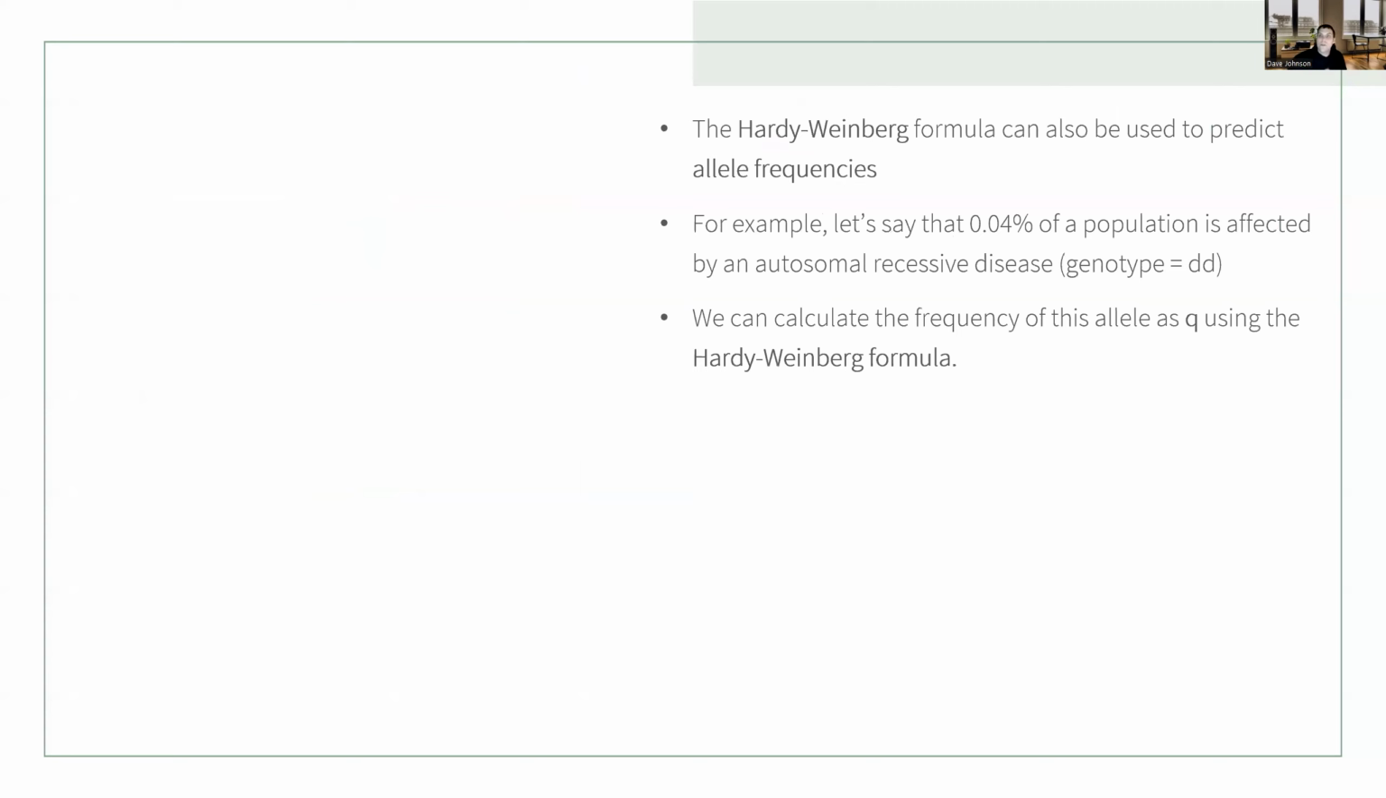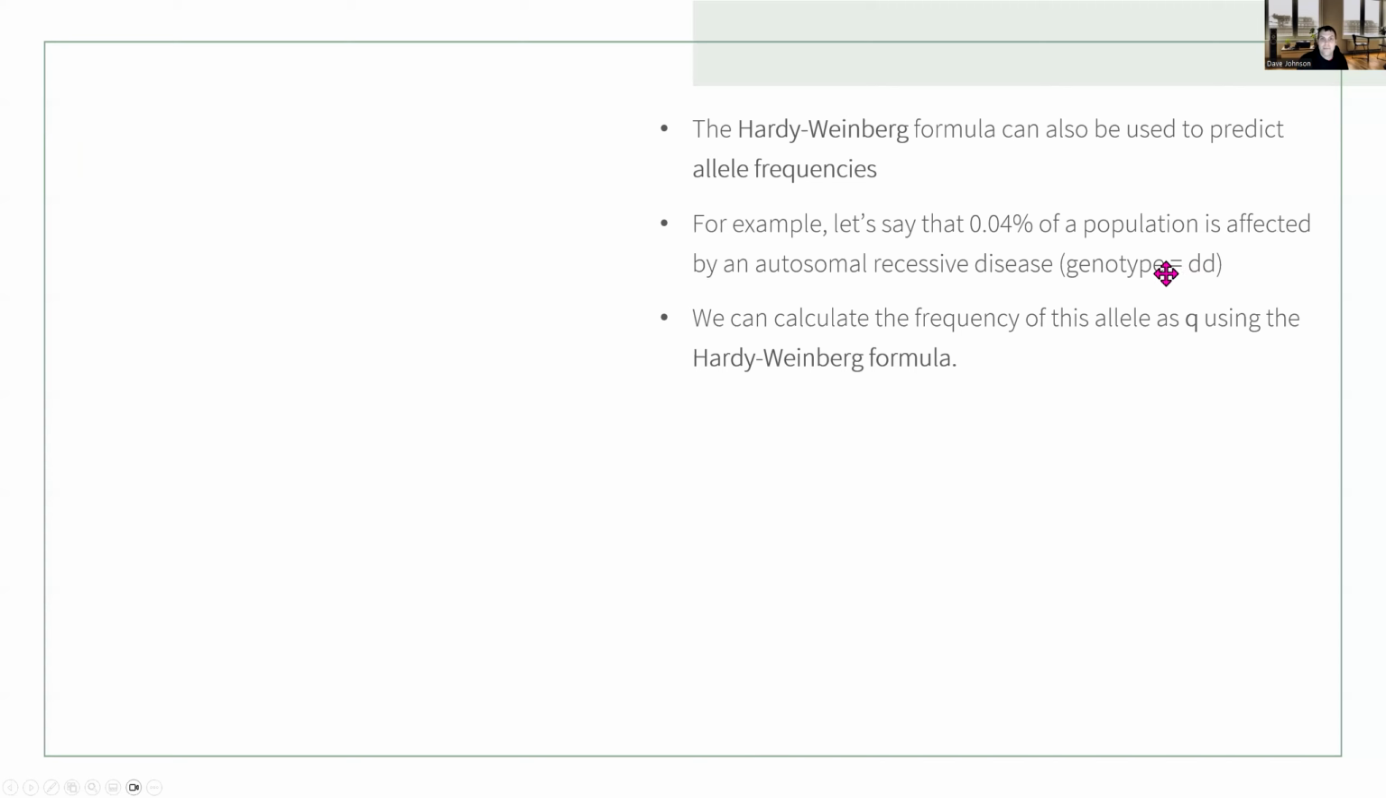But we can also use the Hardy-Weinberg formula to predict allele frequencies. So let's end with an example of how we can use this to predict, because this is more likely what you might be doing. Let's say we discover a particular disease or condition in the human population, and we find that it's linked to a particular allele. People who are homozygous for this allele, say it's a recessive allele, are going to be affected by this disease. We know that 0.04% of the population is affected by